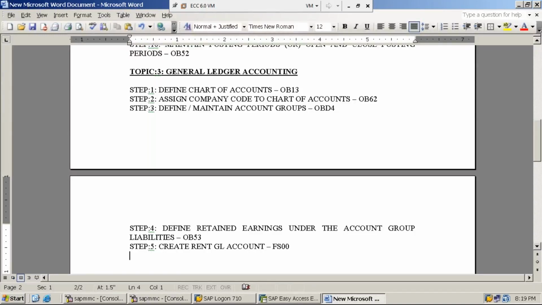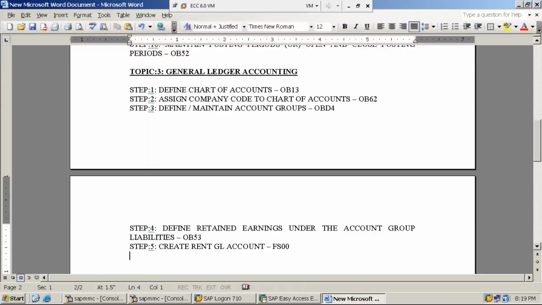Okay. As I was explaining in the last session, what is a GL account? Basically, it is an element through which data will be captured by the end users. While processing transactions, the data related to a particular activity or transaction will be captured into the system using some elements, and those elements are called GL accounts. It's a general ledger account, an element through which data will be processed. That means data will be recorded into the system in the form of GL accounts.